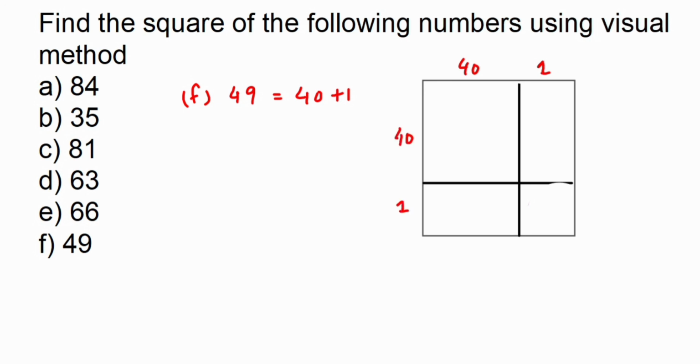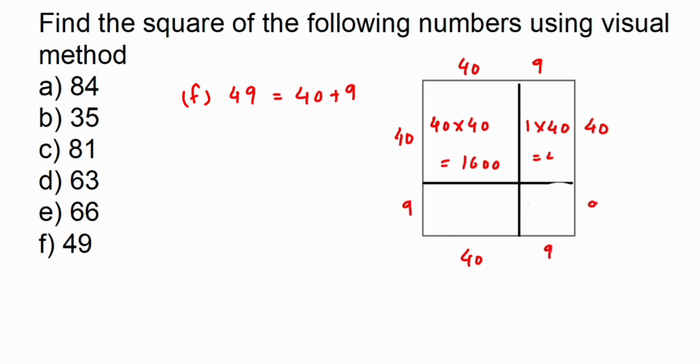This is 40 units, this is 1 unit. This is 40, and this is 1. Now for the area of the first square, it will be 40 into 40, which is nothing but 1600. 4 fours are 16, right? So we'll get 1600. And next we have 1 into 40, which is again 40. Sorry, this is 9. I have taken 1 here. It should be 9, 40 plus 9. So let me just change this part. Everything I'm changing. I have taken 1, it should be 9. So this is 9, this is 9, and this is 9.